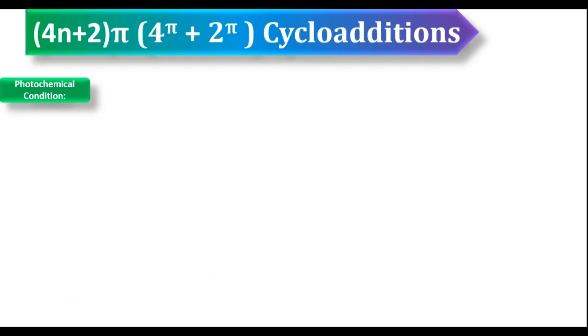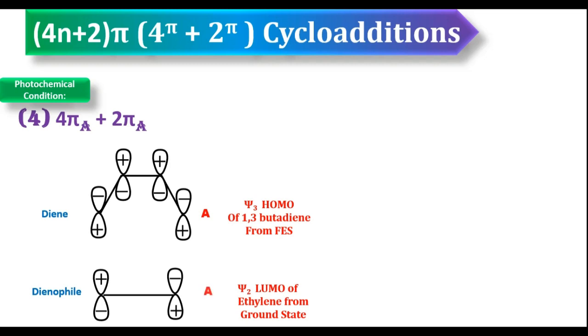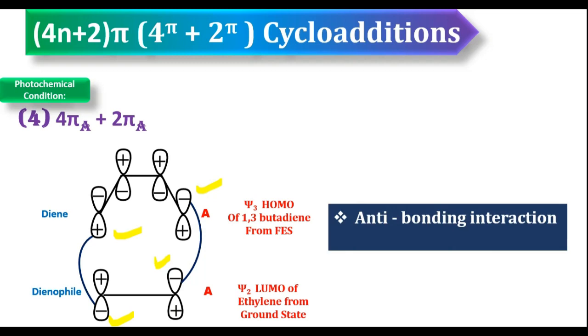The last one, friends, antra antra addition. The first pi partner undergoes antra mode of addition, and the second pi partner also undergoes antra mode of addition. So I am going to select this one and this one, here, this one and this one. You connect these two. So what happened, friends? Minus interacted with minus, bonding, but here plus interacted with minus, anti-bonding interaction. Antra antra mode of addition gives anti-bonding interaction, that's why it is forbidden.